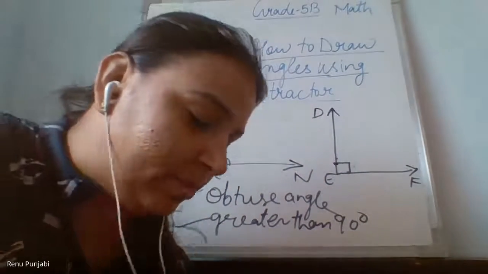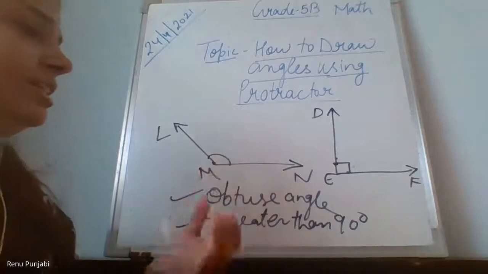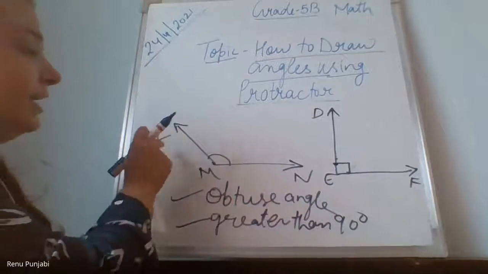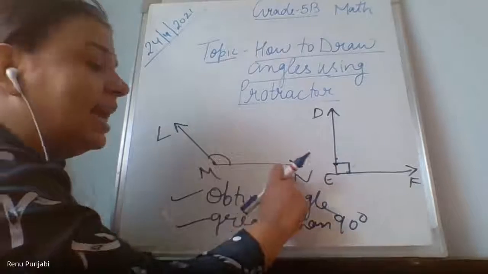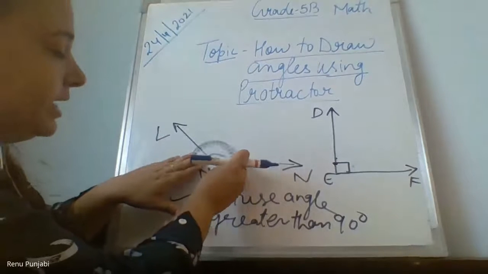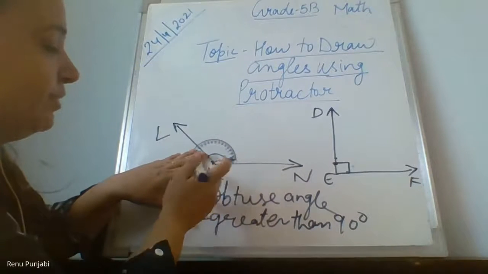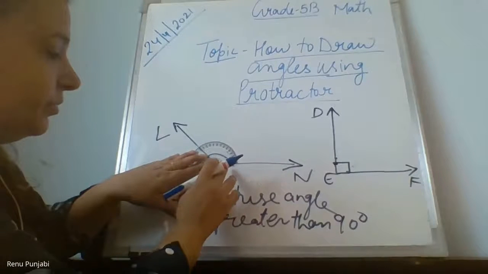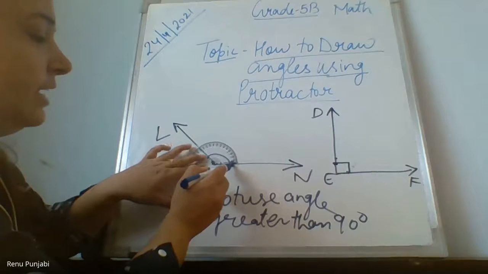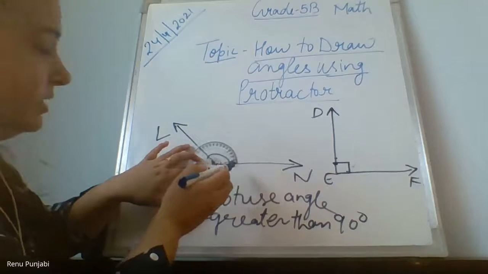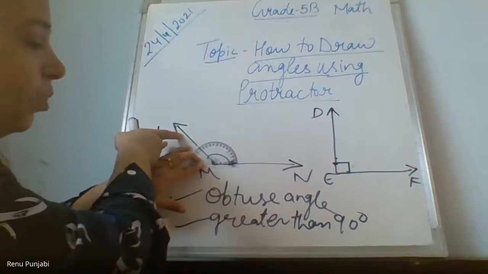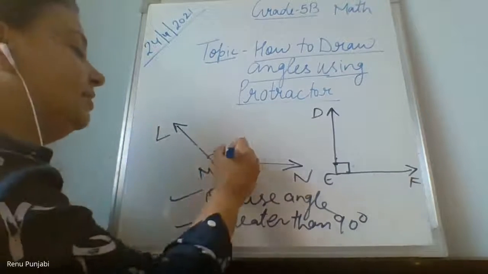Now the third step is we need to measure this angle. Actually, what is the measurement of this angle? So how will I measure it? I can take either this line as a baseline or this line as a baseline. If I take this as a baseline, it's my choice. So if I'm taking this ray as a baseline, I will keep the center on the vertex. And now I want to see where the 0 is. 0 is at the inner scale. If 0 is at the inner scale, I will only see the inner numbers. And I want to see where my second ray is going. My second ray is going at 130 degree. So my angle is 130 degree.